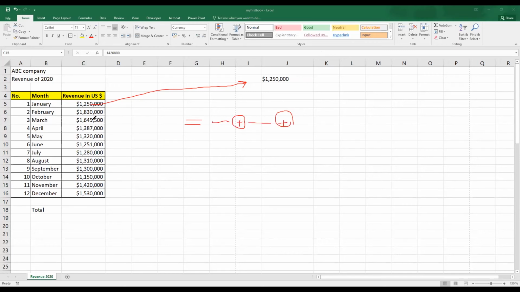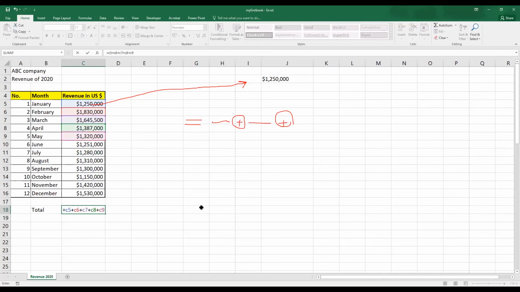In this one, suppose I want to add the values in cells C5 to C16 in the cell C18. I have to begin with an equal sign, don't forget, and then I just type the cell locations to be added. For example, here I would like C5 plus C6 plus C7 plus C8